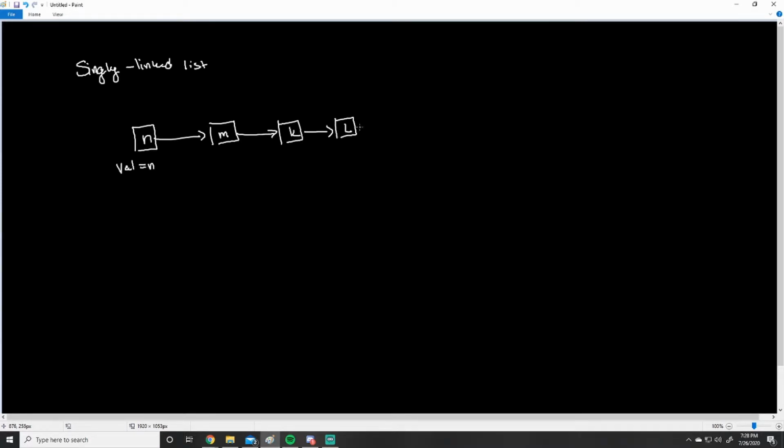So if we go to our paint, a singly linked list is like if I have a box, my box has a value n, so my val equals n. The only other thing that this thing can see is what comes next. So if I have another box of m, this can only see what comes next. Then k, and k can see what comes next, which would be l. And we're going to say that l is the last thing,